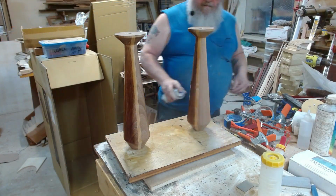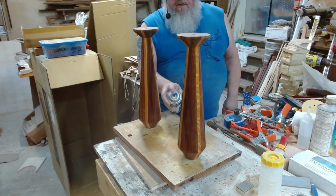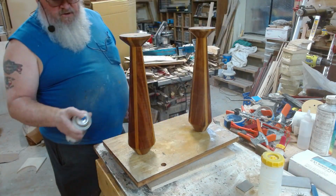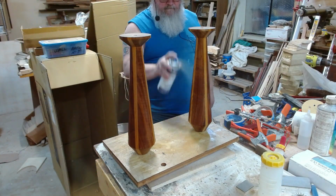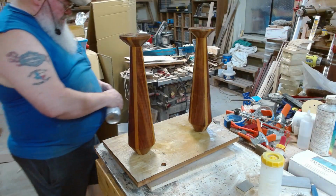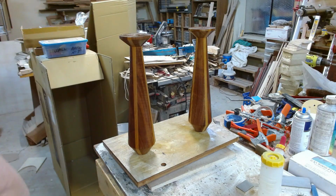In fact, the first two coats will be relatively light, and the third coat will be just a little bit, at least something will be for the bases. So every 30 minutes I'll put a coat on, and I'll come back when we're done and when I'm through